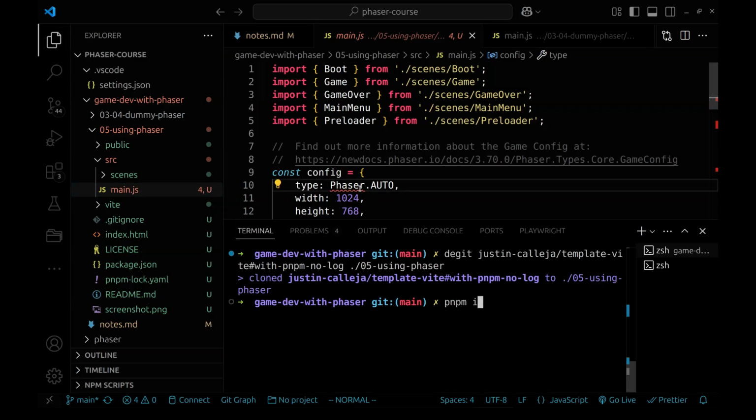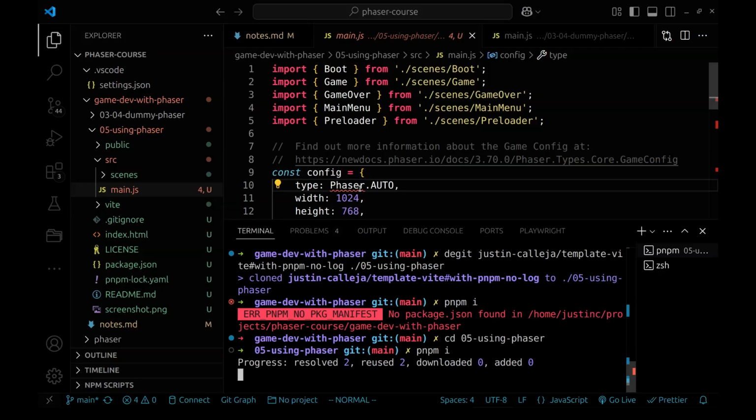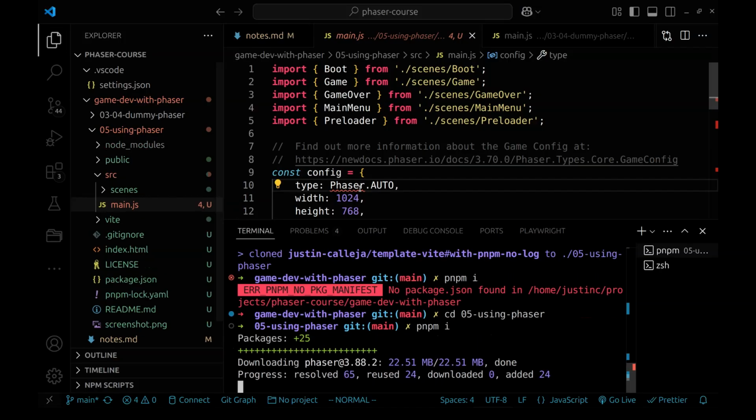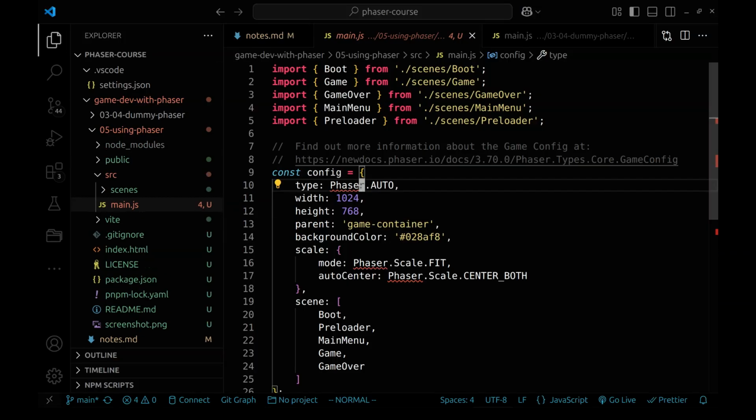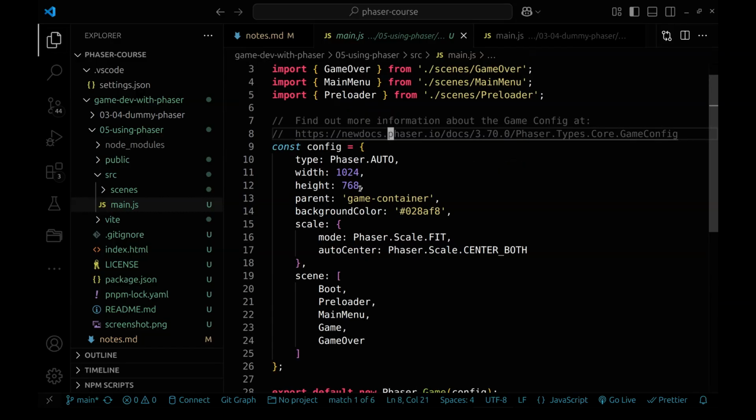If I npm install, actually in the right directory, that should take care of that. And while we're at it, I could explain this a little bit. As you can see, Phaser isn't actually imported anywhere over here, and yet the template comes with using Phaser: Phaser.AUTO, Phaser.Scale.FIT, whatever, Phaser.Game, very important here. We're creating our game, just like we saw in our dummy Phaser. But where is this Phaser coming from, this